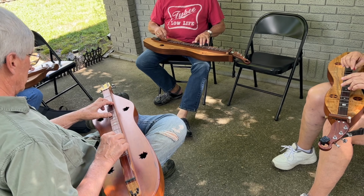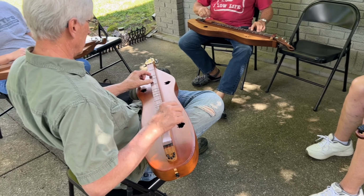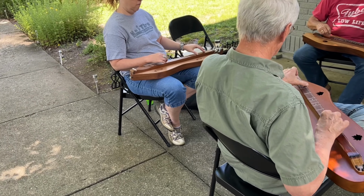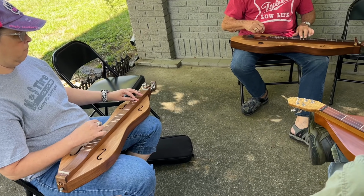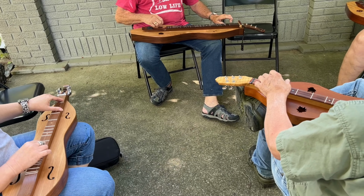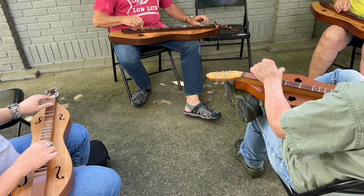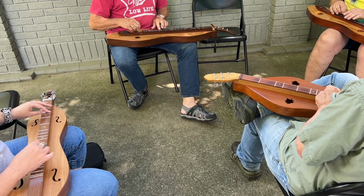Creation Station was a neat shop with tons of artist work, anywhere from homemade dulcimers to paintings and jewelry and pottery. And the owner here is Rick, and he shared with us a tragic story and the resulting love he has for the dulcimer, which was he was going on a little vacation trip with his wife and best friend